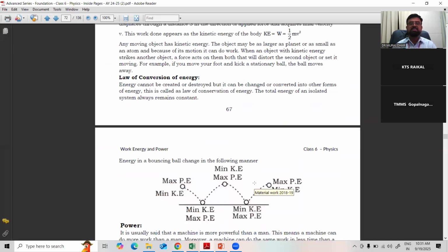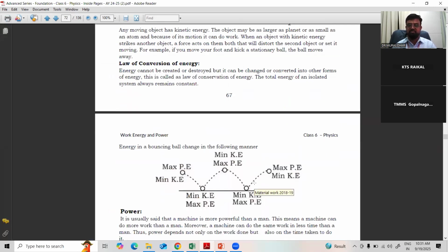When we meet in the next class, we'll discuss the law of conservation of energy. For example, you have filled the petrol in 1 liter. When you travel for 30, 40 kilometers, petrol is over. It doesn't mean that your petrol is wasted. What is happening here? The heat energy is converting into mechanical energy, making the vehicle move. That is, energy can be converted from one form to another. But there is no wastage of energy. Neither can you create energy nor destroy energy. That is called the law of conservation of energy.